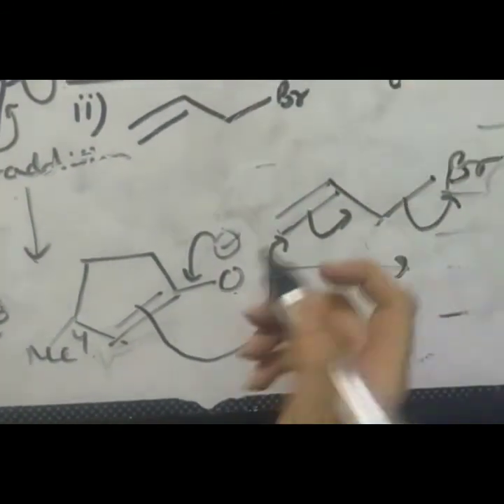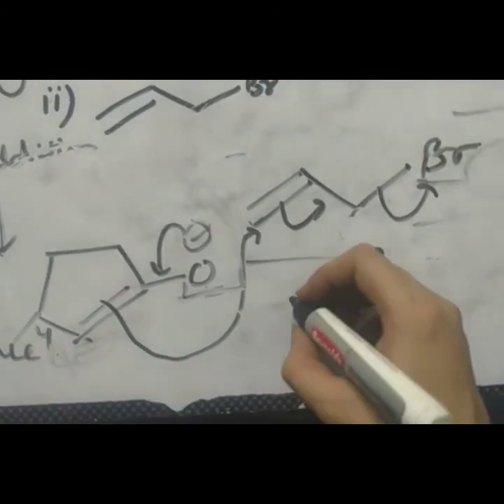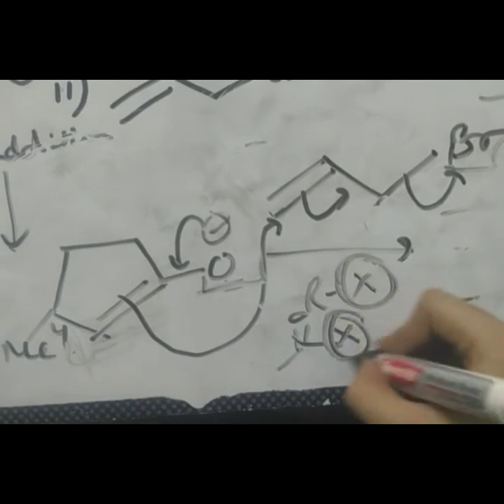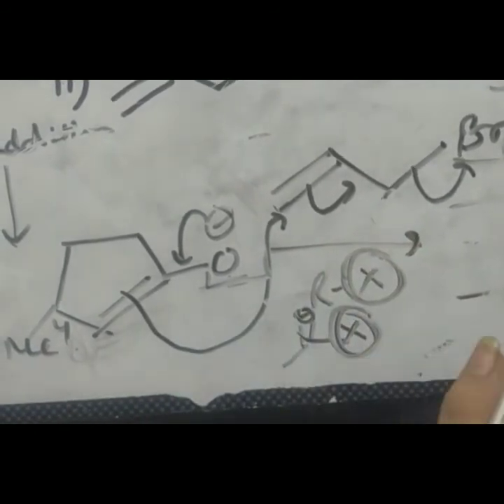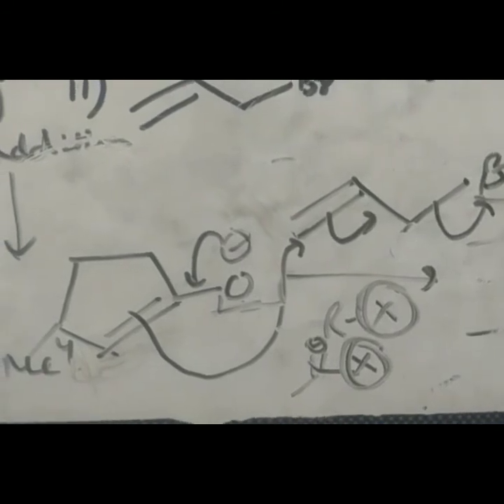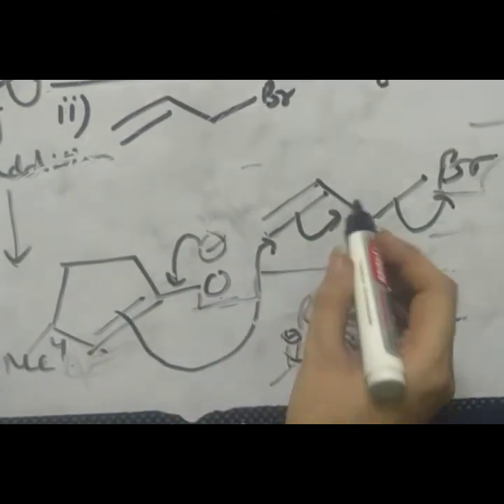So what is happening here? This O negative is coming back and the carbon is attacking. Again, how do we know when O is going to attack and when carbon is going to attack? See, whenever we have RX or an acyl chloride or acyl halide, this carbon attacks, it acts as nucleophile. Again, it is also based on Pearson principle. So see what is happening, this negative is coming and this is attacking here.